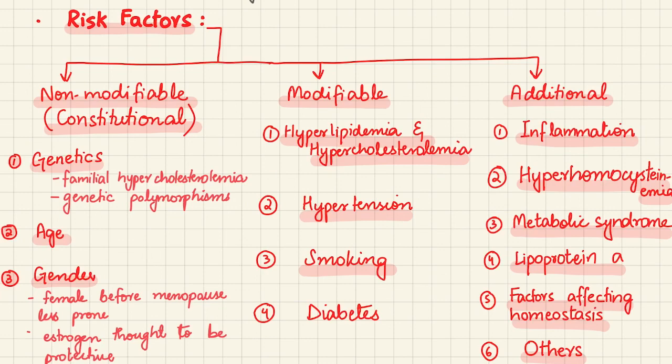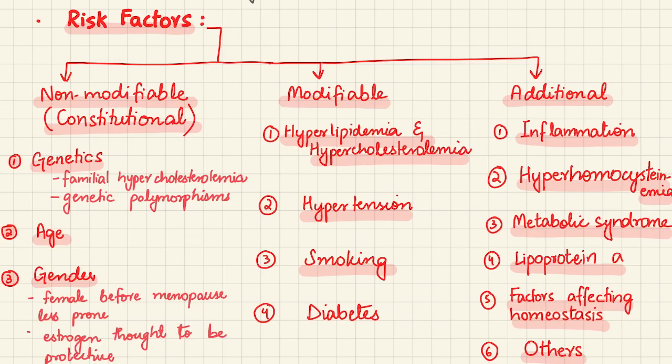Family history is the most significant independent risk factor for this disease, and there can be familial hypercholesterolemia, which means that your blood is going to have higher cholesterol, and the risk for formation of atheromatous plaques will be very high. Secondly, you can have genetic polymorphisms, which can account for increased predilection for hypertension and diabetes, which is also very sad.